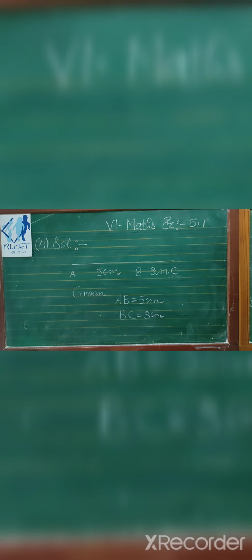Now fourth question. If A, B, C are 3 points on a line such that AB equal to 5, BC equal to 3 and AC equal to 8 centimeter, which one of them lies between the other two? So let us start on the green board. Now see here. Suppose that AB equal to 5 centimeter. You will draw, children, in your interleaf notebook. BC, from B to C you will take length 3 centimeter. Now given already, you can write here. So on the lining page you will write, and on the blank page you will draw. Now AB plus BC.